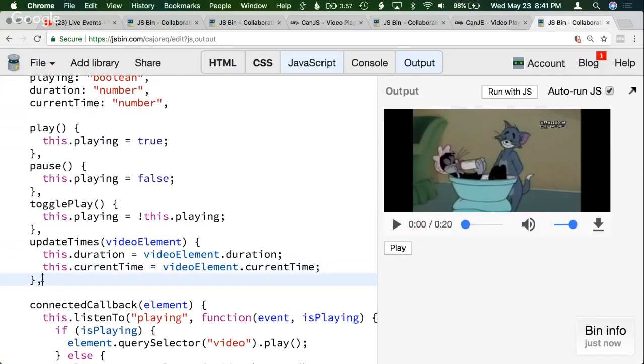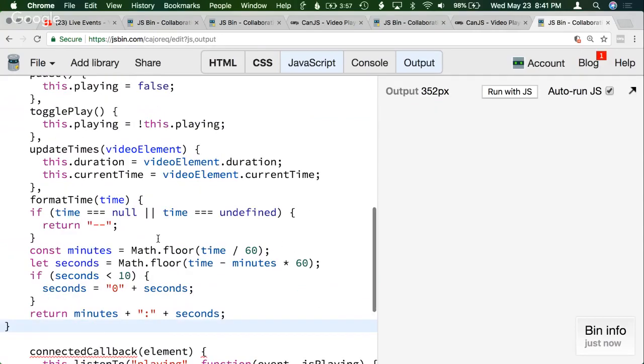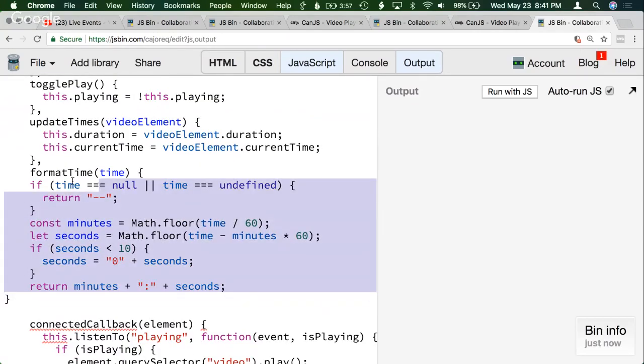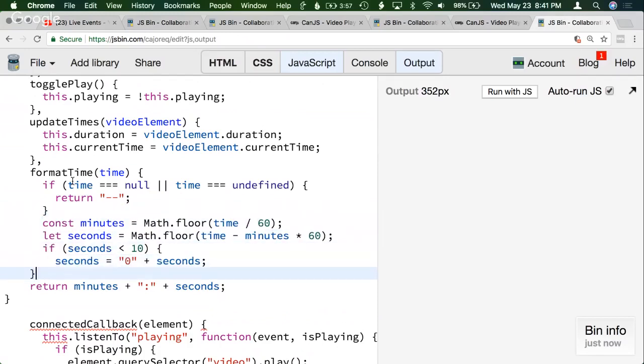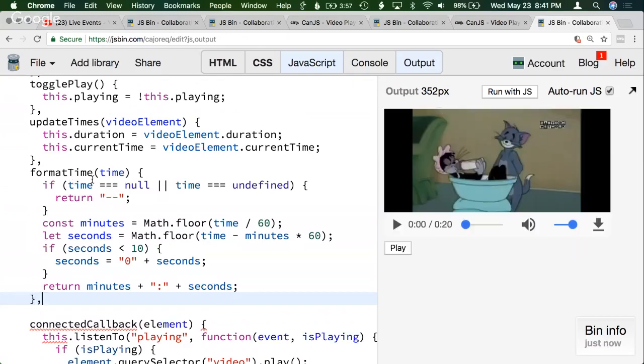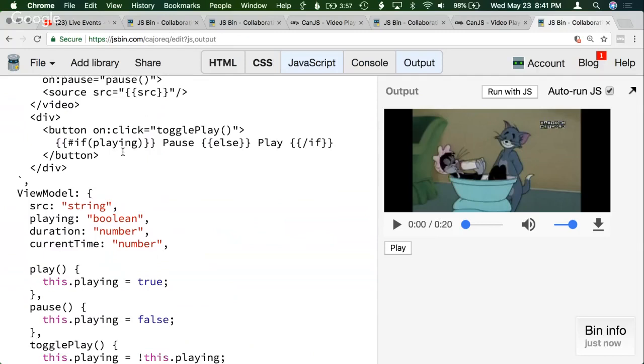Let's use it. So I'm gonna copy and paste this in, and just fix this real quick. So now we've got a format time method in our view model. So whatever time is given to it, it'll format. It'll return a string that is how we want it to be, which means we can add those spans